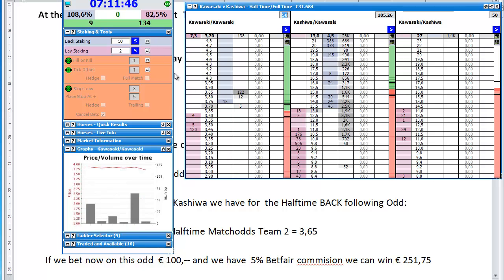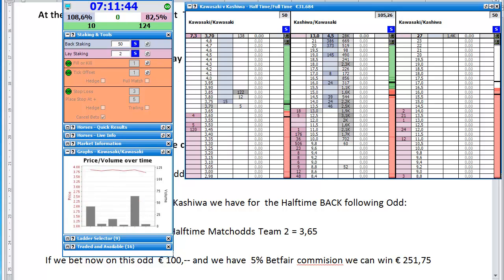Okay, and we are already 7 hours away from kickoff. So you can see there was huge activity on this market, and a total of 28,000 euros has already been matched on this market. Okay,